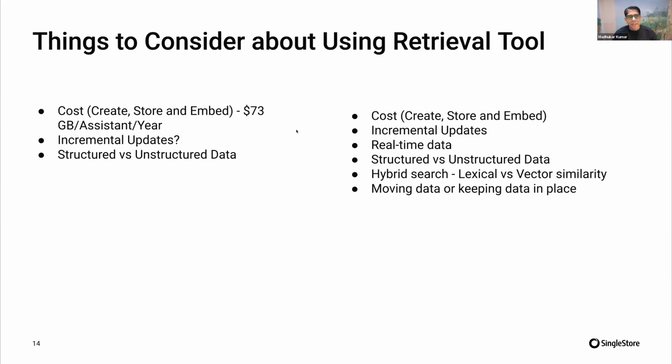So when we are thinking about a retrieval tool, there are a few things to note, right? Which is when you are using the retrieval tool inside of an assistant AI for OpenAI, according to their site, it costs 20 cents per GB per assistant per day, which means if I'm storing 1 GB of data in those retrieval files, that's $73. And you can do the math if you use